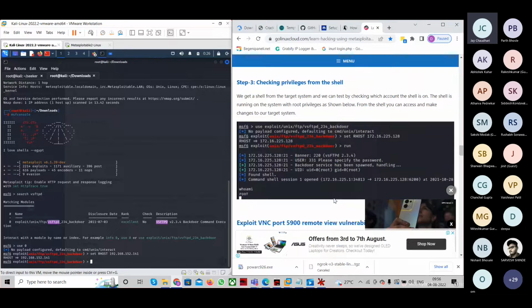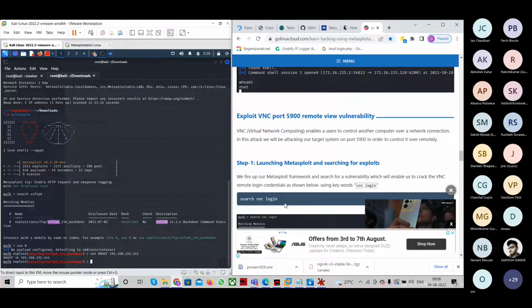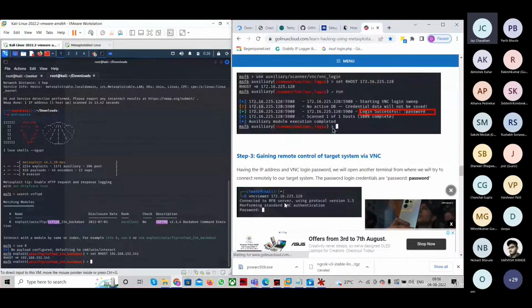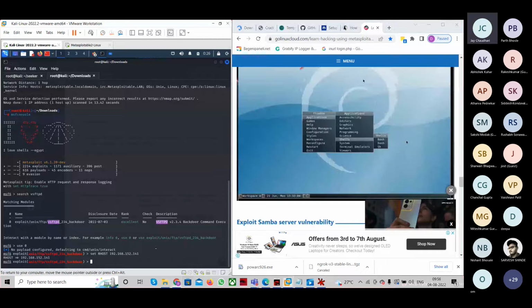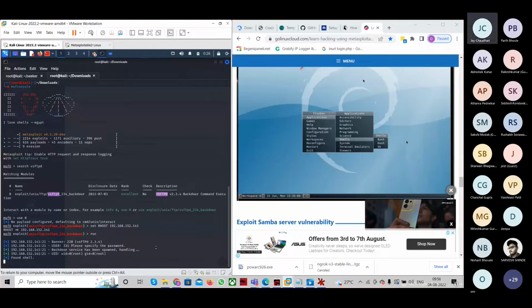RHOST यानी रिमोट होस्ट जो मेरा टारगेट है, ऑलरेडी मैंने सेट कर लिया। अभी मैं रन प्रेस करता हूँ, देन लेट्स सी क्या होता है। देखो, फाउंड शेल आ गया, जस्ट मैंने एक एक्सप्लॉइट यूज किया और फाउंड शेल आ गया।